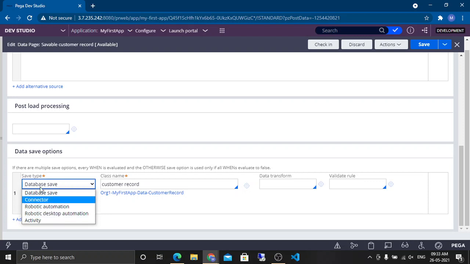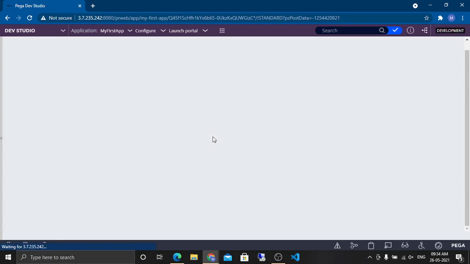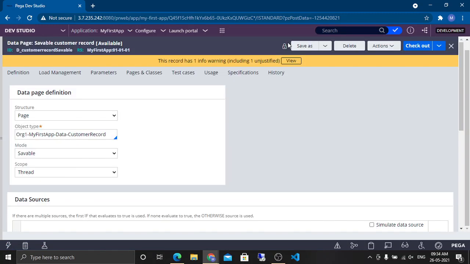These options we can discuss later. Activity: you have to write an activity with logic. Connector: some external service could be used. And today the scope is database save. So we will see how this configuration can be used to update data in the database tables.